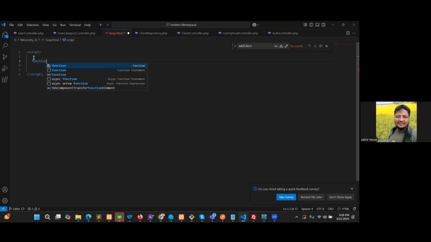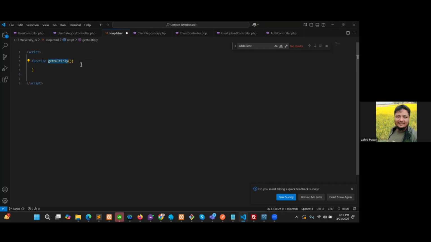So I'm writing a function, getMultiplication, suppose. This is the syntax of a function: we have to write function, and then the function name, okay? And then there will be a first bracket, and what will